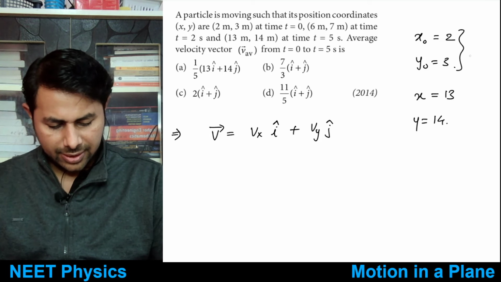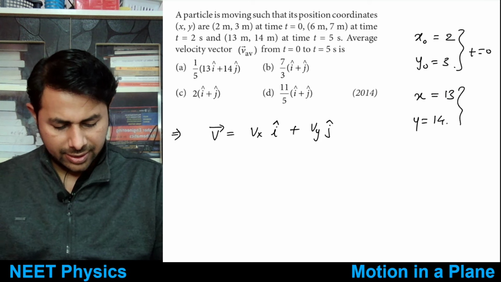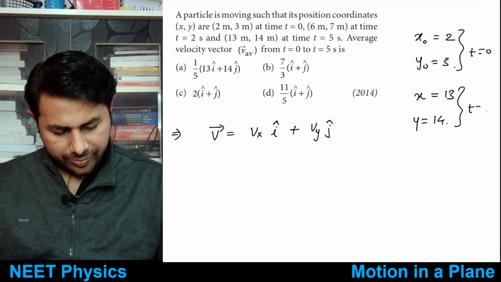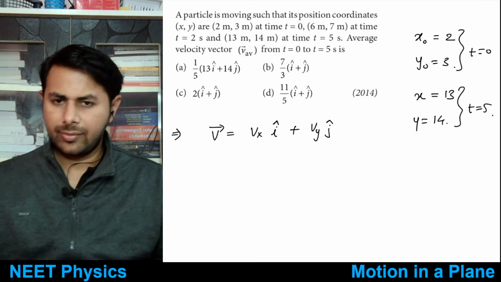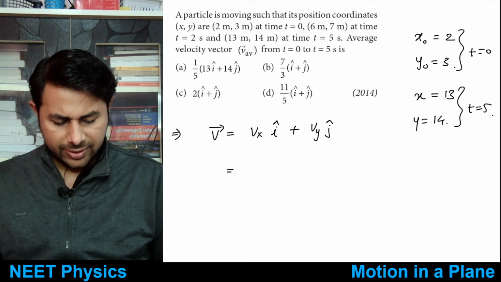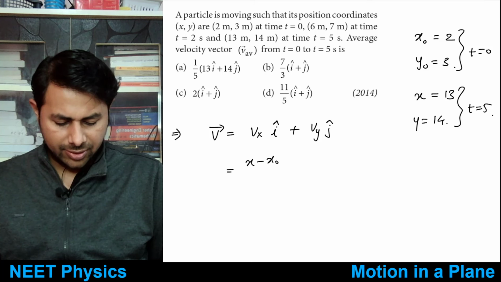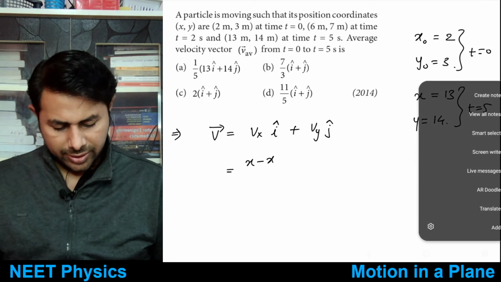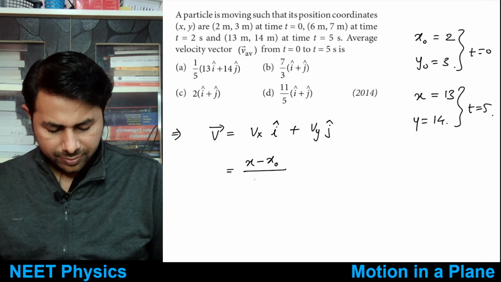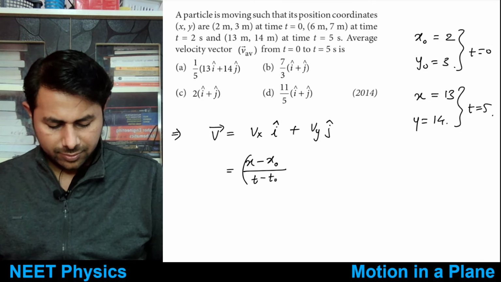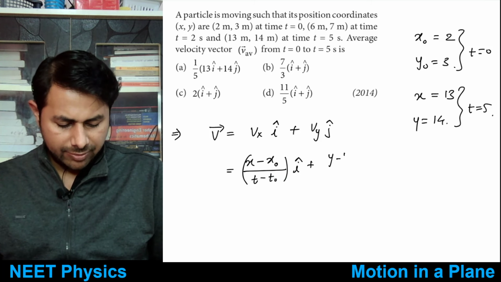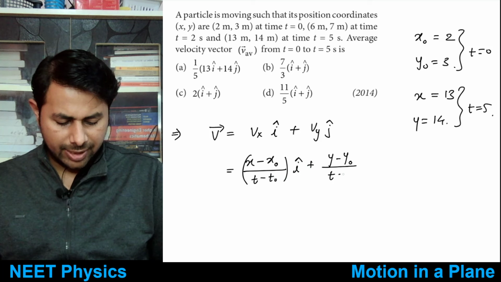So this is at t equal to 0 and this is at t equal to 5. Right? So what is vx? It is x minus x naught divided by delta t, or you can say t minus t naught. And what is vy? It is y minus y naught divided by t minus t naught,